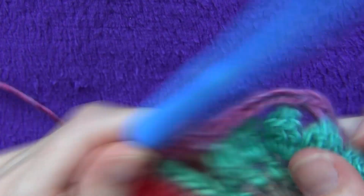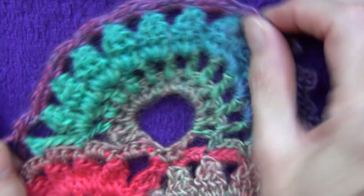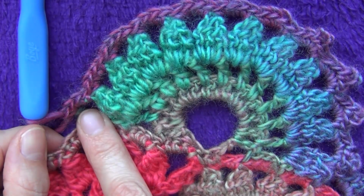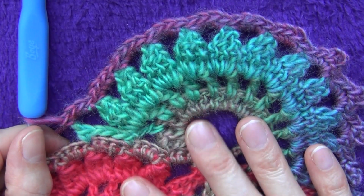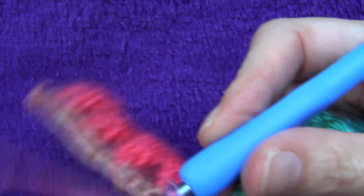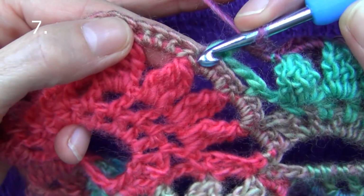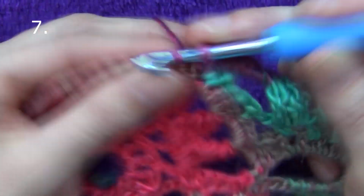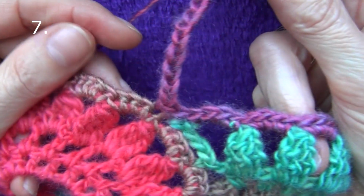So you just need to remember that you have 5 of these picots, 1, 2, 3, 4, 5, and then 7 with just 4 single crochets, 1, 2, 3, 4, 5, 6, 7 of these. So if you can remember that, then you're good to go. And see, I've just done my 7th one with 4 single crochets in there. Okay, so you've finished with your 4 single crochet here. Now you're going to do a single crochet in this first treble and a single crochet in the next single crochet. Then you're going to do your chain. Okay, then you do your 13 chain, and you're going to turn your work around,